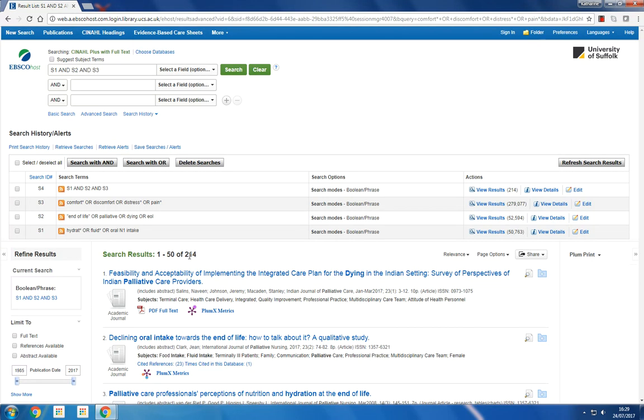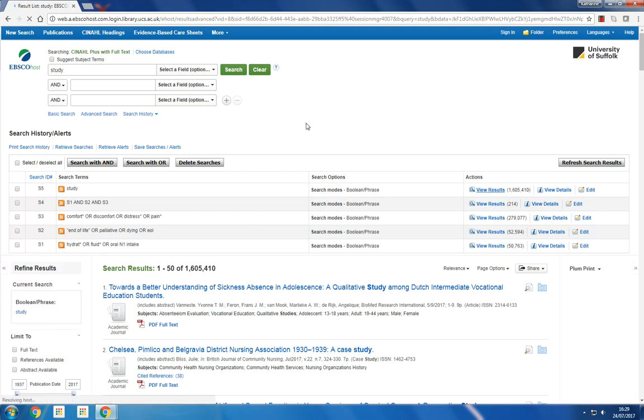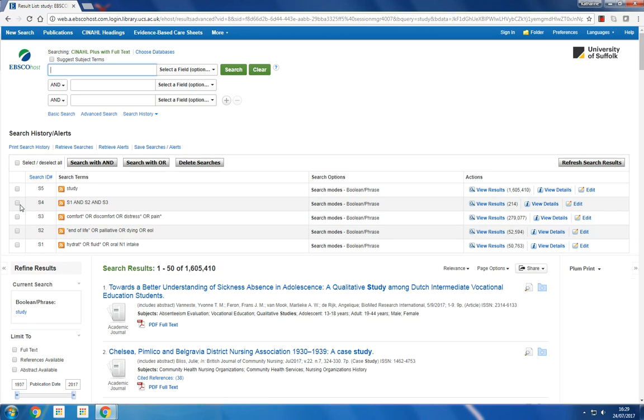Now that's a reasonable amount. We may want more or less, but we'll just go through the rest of the process. So I'm going to clear that string. The first thing I'm going to do now is to try and find out which of these papers are primary research. And the easy way to do that is to do an independent search on the word study, which will always find a very large number of results, as you can see, over 1 million. Clear that,